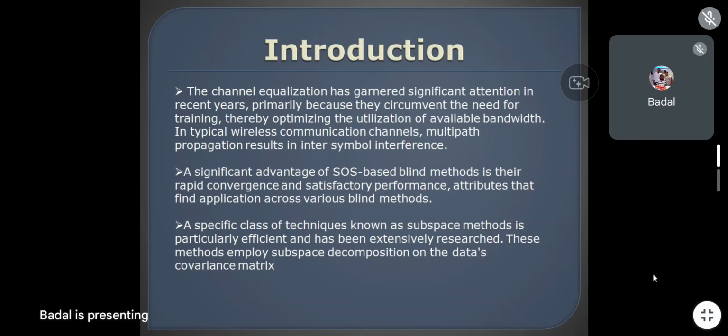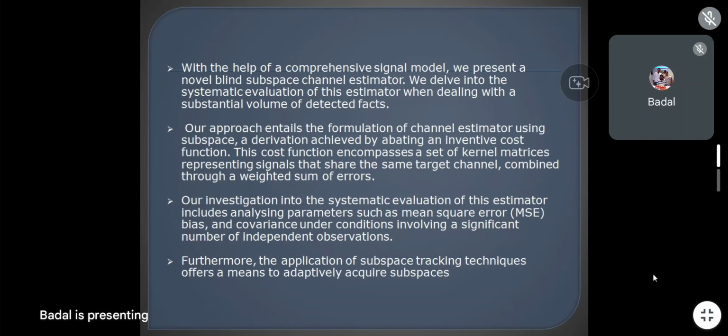These methods employ subspace decomposition of the data covariance matrix. With the help of the signal model, we present a novel blind subspace channel estimator. We delve into the systematic evaluation of this estimator while dealing with a substantial volume of data. Our approach entails the formulation of the channel estimator using subspace, a derivation achieved by an adaptive cost function. The cost function encompasses a set of kernel metrics representing signals that share a target, combined through the weighted